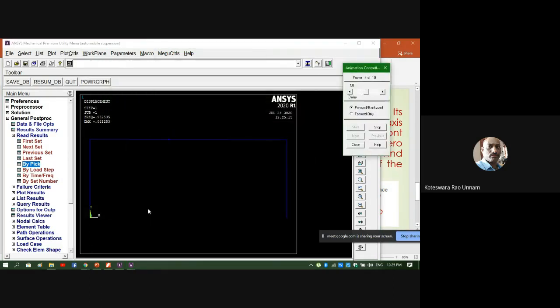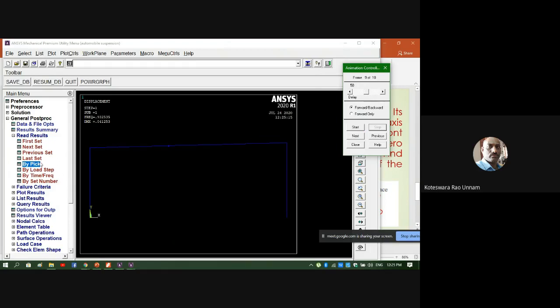Yes, this is the first mode. See, it is moving completely down and then it will move up. So there won't be any rotation. The point should come down and go up, that is the only thing. There should not be any rotation. Earlier, what I mentioned is that there is a rotation of this point. This point is just coming down and going up. There is no rotation for this. So this is your first mode. You capture this and keep it in your record.